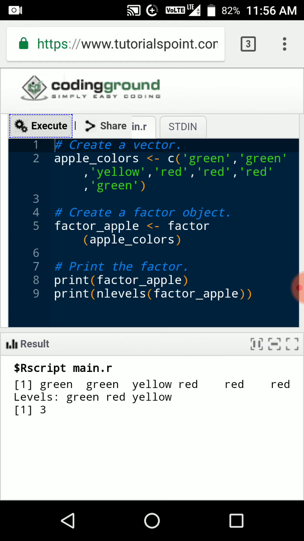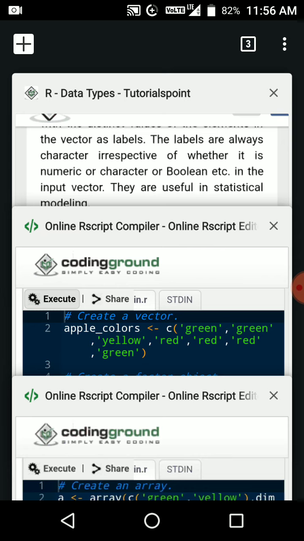That means we have 3 levels. To identify the levels of colors, it means 3 levels of colors in this factor, that is the factor underscore apple. This is the sample output.